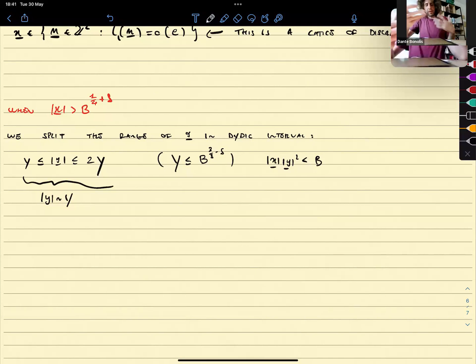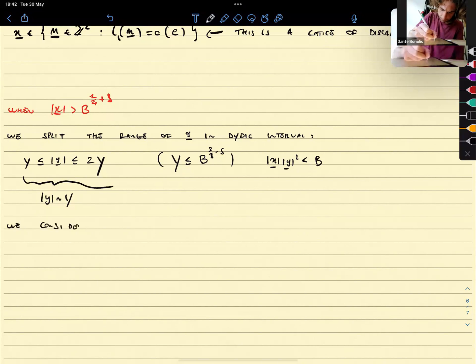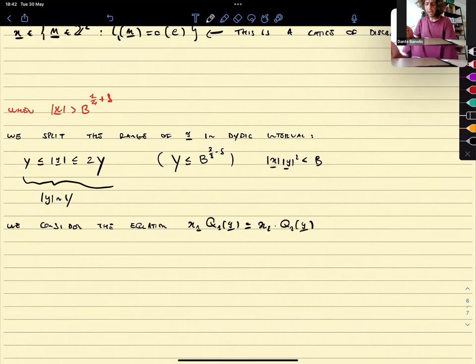Of course, in the circle method part, we used the fibration over P1. Instead, now we're going to use the fibration over P3, and namely, we're going to use the first equation I gave you. So we consider